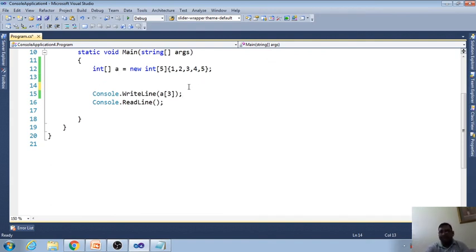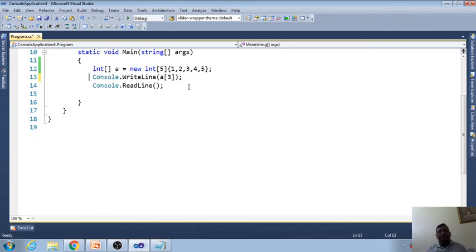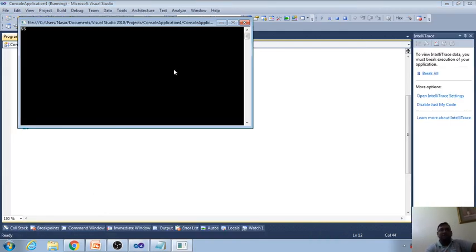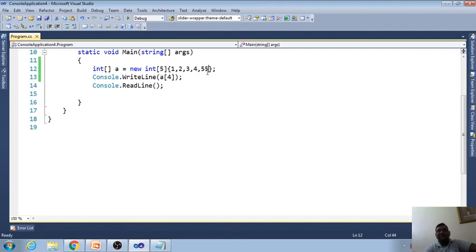Yeah, this is the program. Delete it, go up, delete it. And what is the output? If I give 4 here, what output will come? Output will come 5 because the size is 5 and the index is 4. This is index 0, this is 1, this is 2, this is 3 and this is 4. So if you run this program, you will get 5 actually. Here the 5 is written.